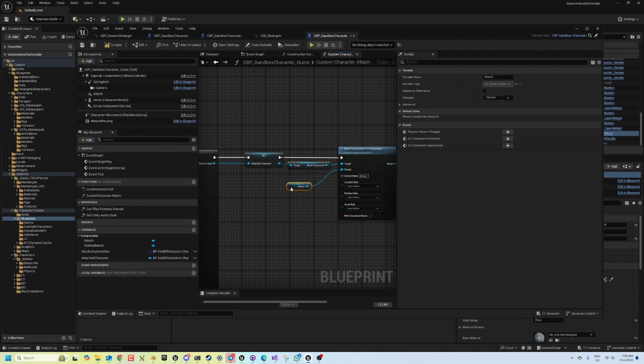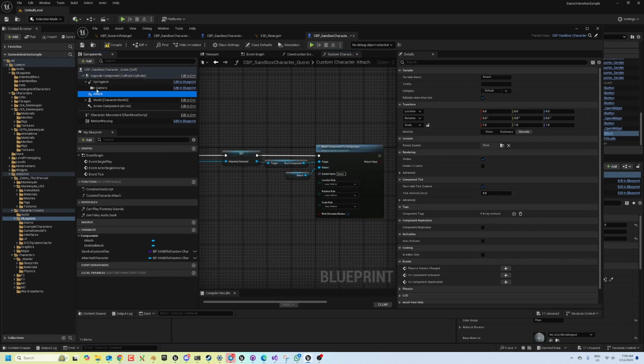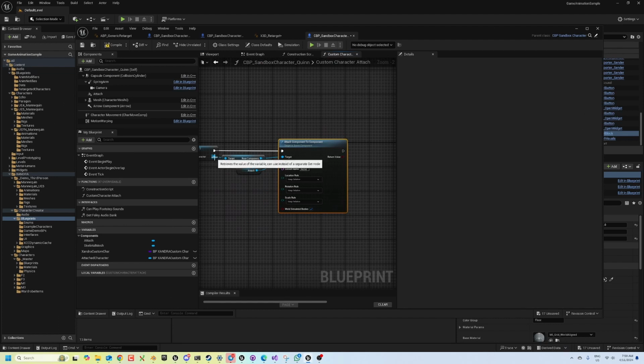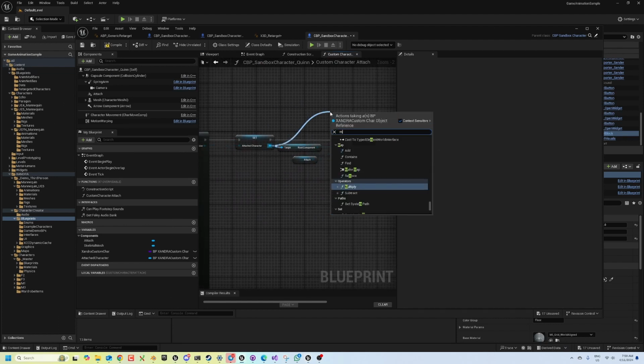So basically what we're saying is we want the root of the character to be attached to this attached object. We also need to change the location rule to keep world and the rotation rule to keep world. The scale rule can stay to keep relative. And then we're going to drag out from the attached character again, and we'll type in mesh,